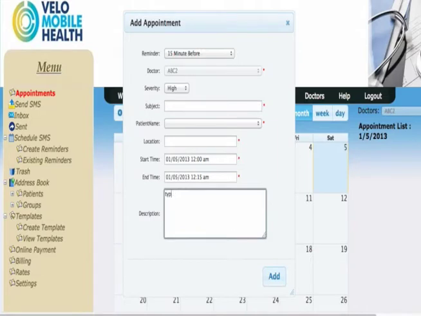When all this is done, click on the Add button and the appointment will be scheduled.